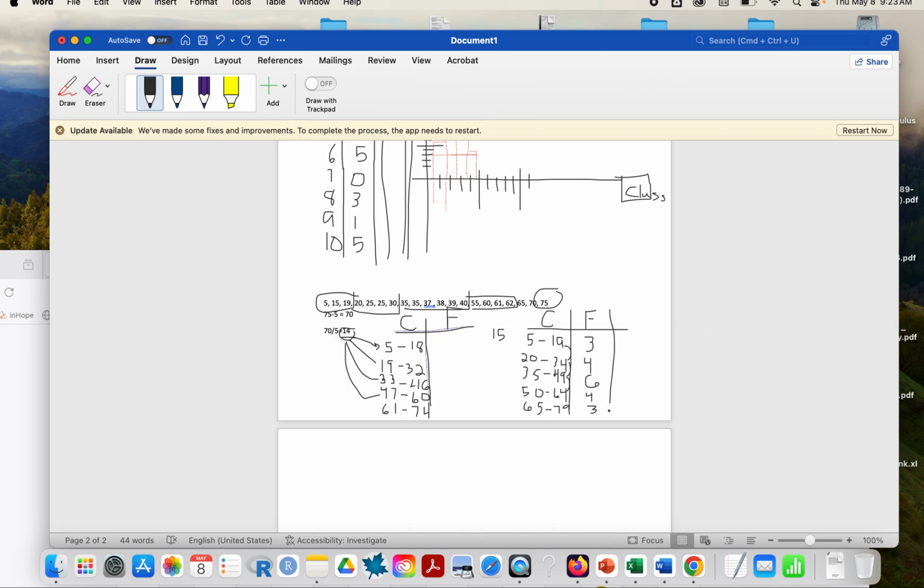So our class boundaries, again, I'll abbreviate it with CB, are going to make the classes touch, or the boundaries touch. So this 19 and this 20 need to meet. In order for them to meet, they've got to meet at the halfway mark. Whatever that halfway mark between them is, we use that value. So we have 19.5 now. And the 34 and the 35 will meet at 34.5. So we're going to have 34.5